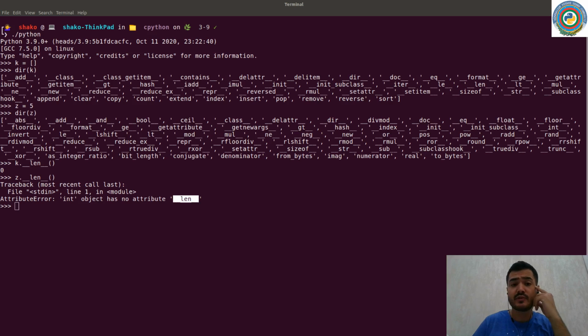Today we are going to add the dunder len and built-in len methods to the integer type. It will simply return 0. This is useless, but it's important to cover how we can actually add this support to an unsupported